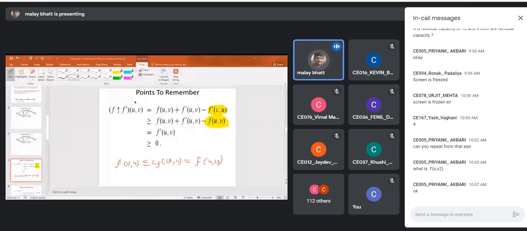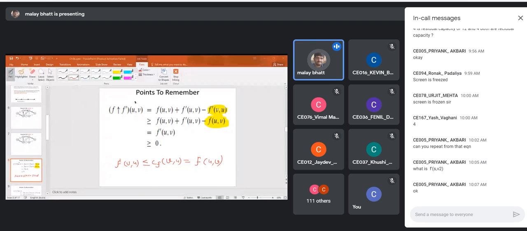Now, if you take a reverse edge in the augmentation path, right, then for that case, for some edges, the value will be 0. That is obvious. It will not increase the flow. If you take a reverse direction, then the flow value will be 0. So the change in the flow value will be either positive or 0. Either you are able to increase the flow or it will be 0.